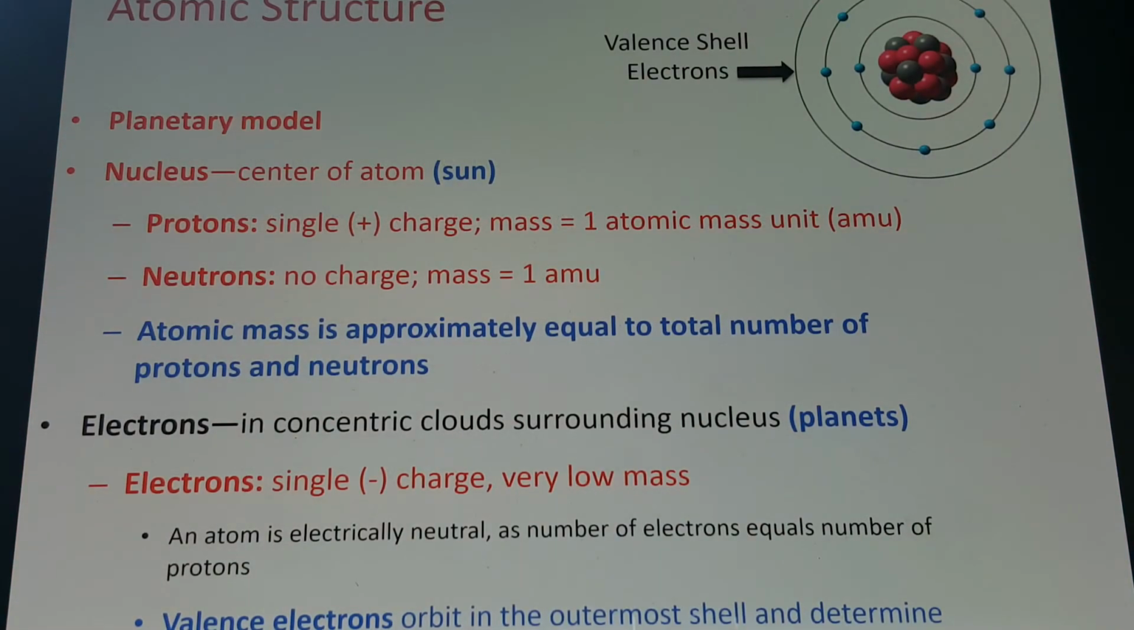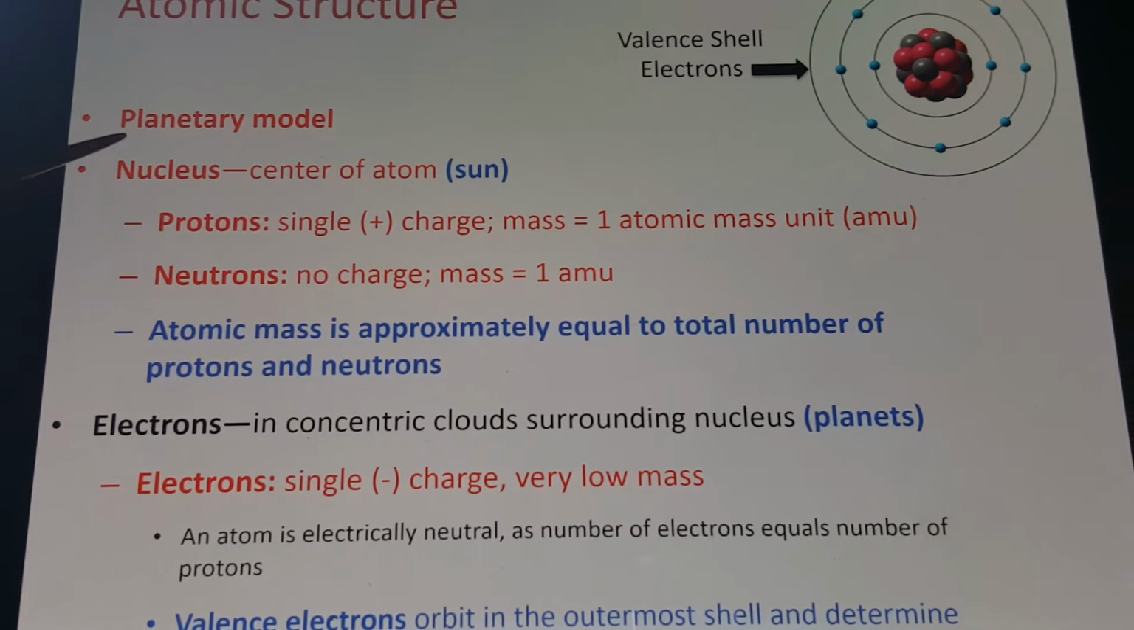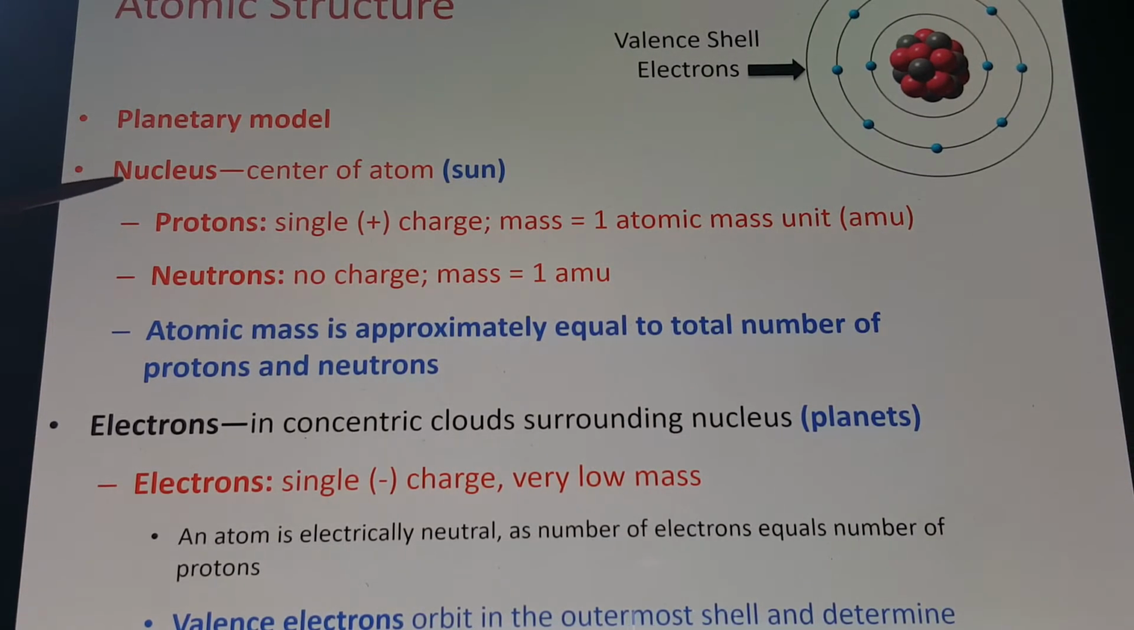Okay, so structure of an atom. When we talk about an atom, we focus on what's called the planetary model. The central portion of the atom would be like a sun, and then these other small parts that orbit around are like the planets, just like our solar system. So what's making up our sun, or the center part of our atom,